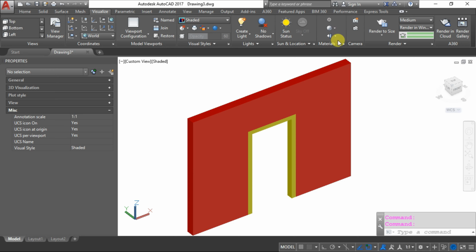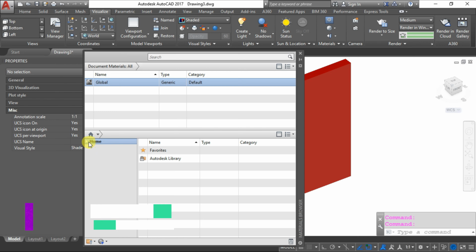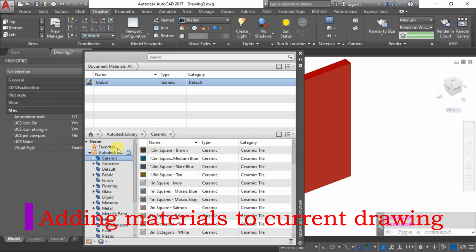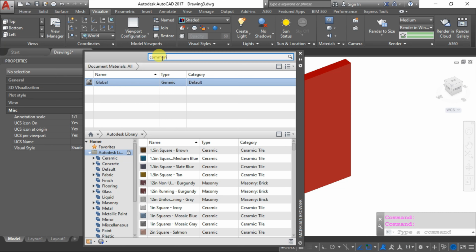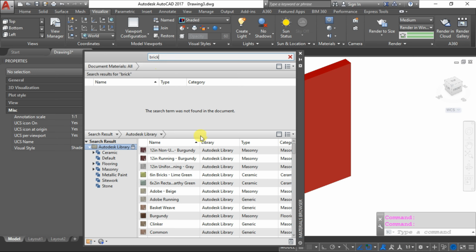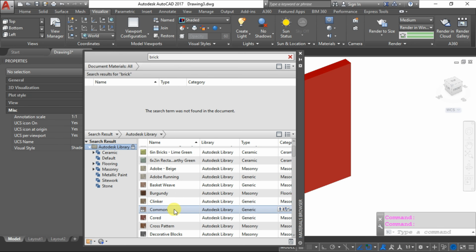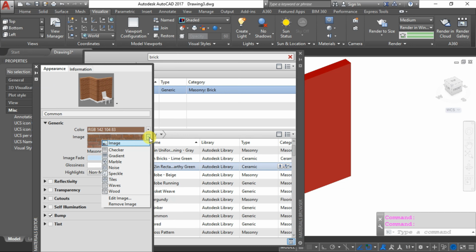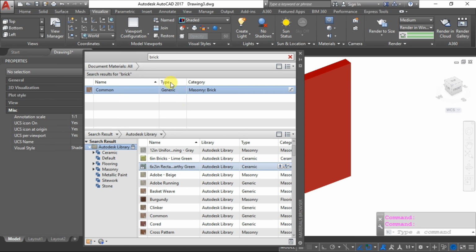For this you need to go to visualize tab. From there you can choose the material which needs to be added. You can see a n number of materials over there. So I am first searching for brick. I am choosing common brick, so you just add and you can edit the details as well. So as of now I am not editing anything, just simply applying whatever the default value.